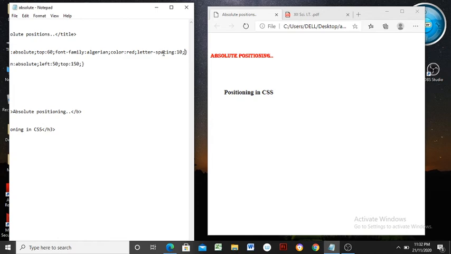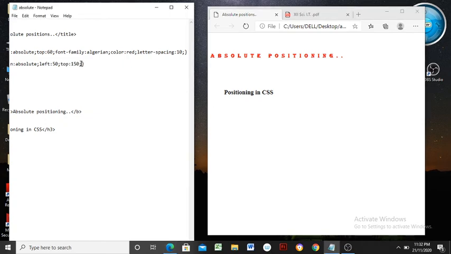So every letter will be arranged by leaving a space of 10 pixels, like this. It is also possible. It's a part of designing, a part of applying effects more effectively.